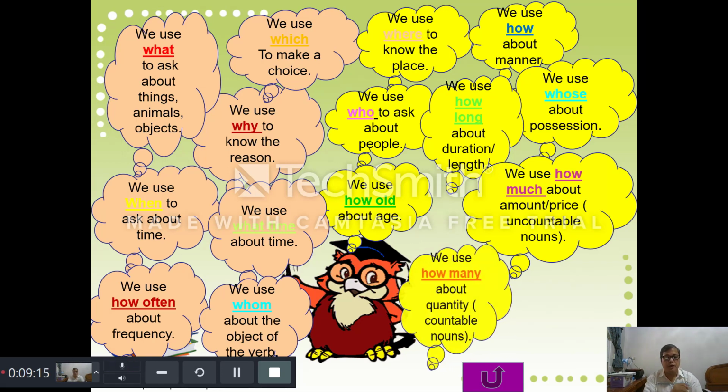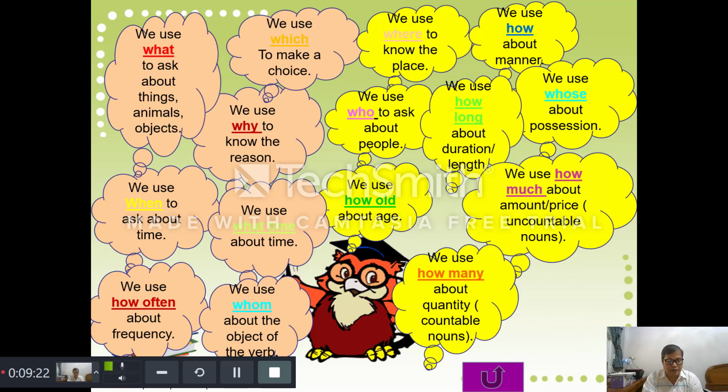Like this one. We use how many when we talk about the quantity, and we also use it to count. Like you say, how many phones do you have, teacher Oro? Because we can count phones. Say, I have 2 phones. Okay, so we can count 1, 2. But you cannot say, how many water do you drink? Because we can't count water.